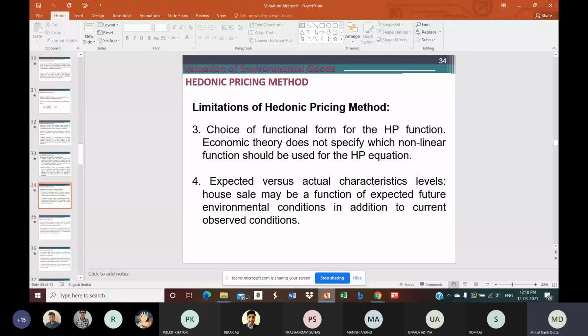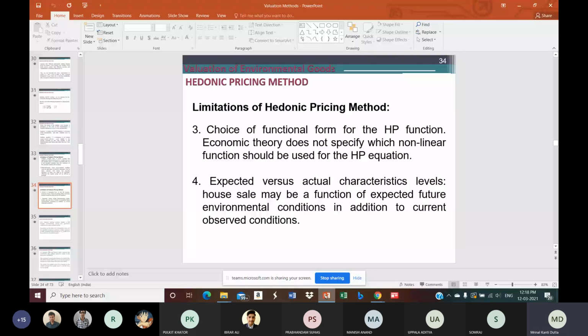Of course, this assumption is not always realistic, because many a time there will be a lot of information gap. People may not have enough information about different attributes of the housing market. Although it is relatively easier to get information in the housing market compared to many other markets, even then there are a lot of asymmetries. There are a lot of constraints in obtaining the availability of information out there. So that's why we cannot say this assumption is always realistic.